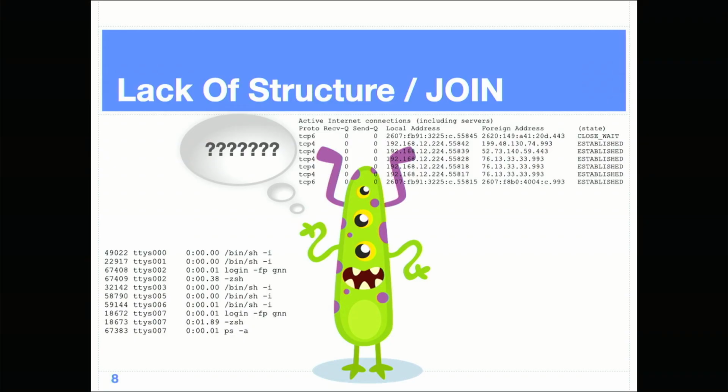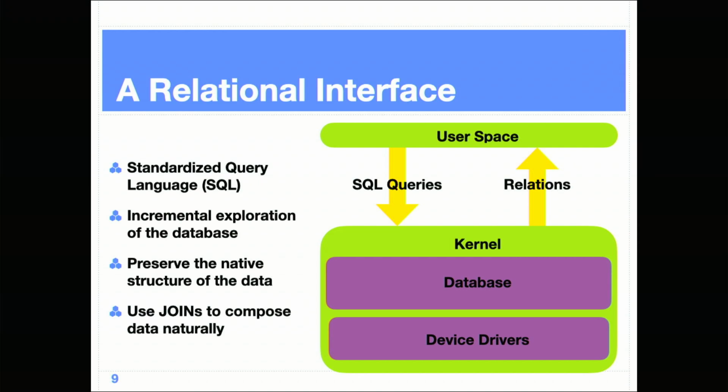So on the upper side here, we've got netstat. On the lower side, we've got ps. And if you notice, there's no correlation: there's no process ID in the network listing, and there's no network listing in the process listing. So you have to figure out some way to do what database people call a join, right? And the way we do a join is with grep. Right? We pipe all this stuff to it, and then we're like, grep. Very inefficient. So what do we want?